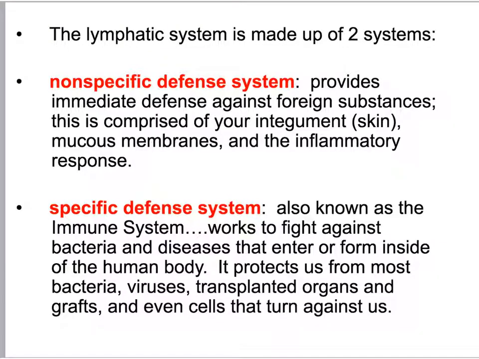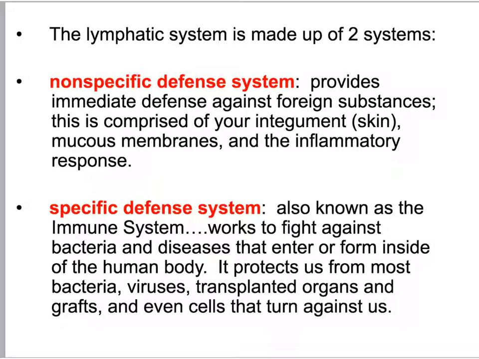There are two parts of the lymphatic system. The first one is the nonspecific or innate defense system. It provides immediate defense against foreign substances. This is comprised of your skin, your integumentary system, the mucous membranes, and the inflammatory response. It doesn't specifically attack against any one foreign substance. It doesn't differentiate. The second part of the lymphatic system is the specific defense system, or what we call the